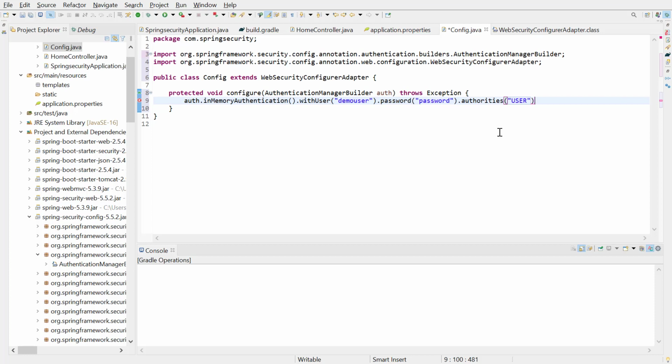Based on this role, we can control the access of this user to application URLs. For example, a user with admin role can access all URLs, while a user with some other role can access only some of the URLs. Finally, we need to set a password encoder. This password encoder tells Spring Security how to encode user entered password, which algorithm to use, what will be the length of the keys, etc.